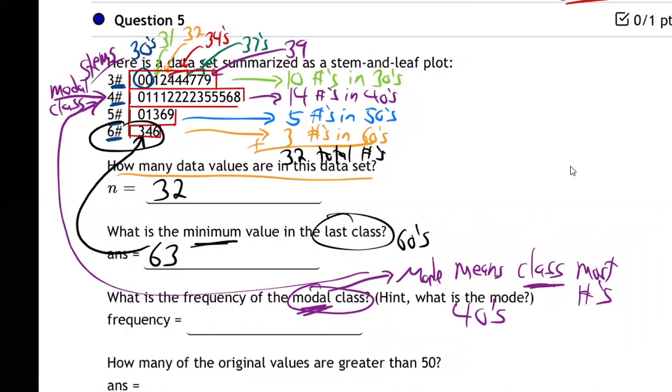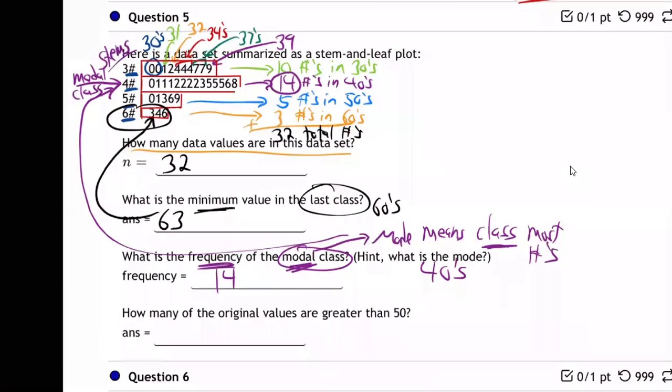So in the modal class, what's the frequency? Meaning how many 40s? 14. So frequency means how frequently are the numbers in the 40s? 14. That's the modal class. That's the class with the most numbers. And there's 14 of them. And then their last question,